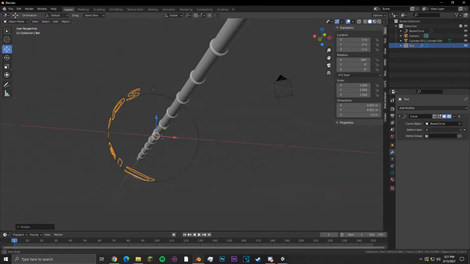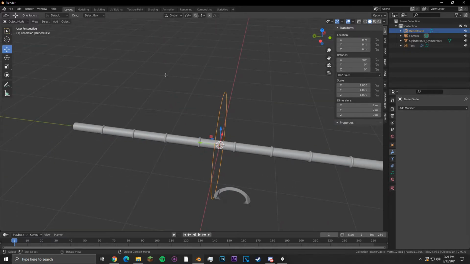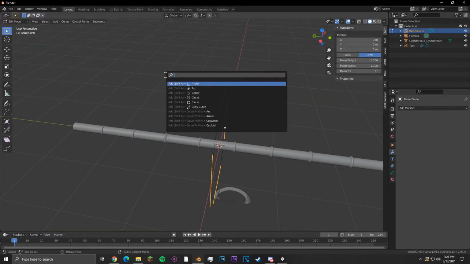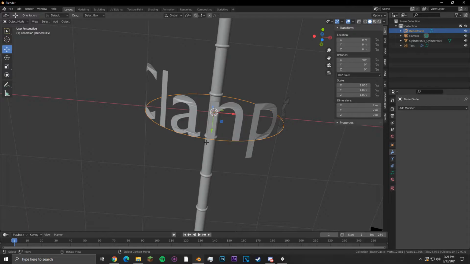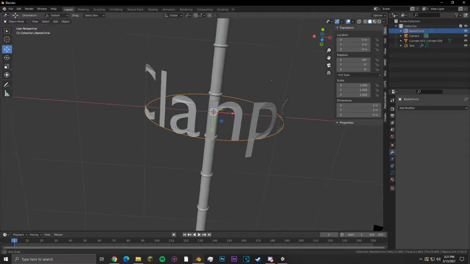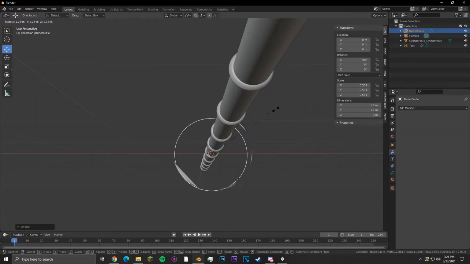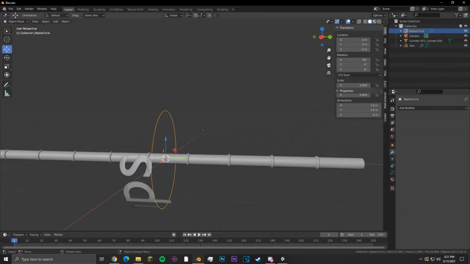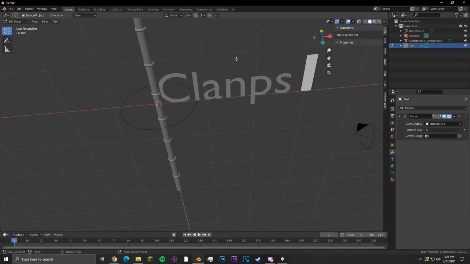So we can quickly rotate our name 90 degrees like this, so it's facing this way. It'll look strange because you have to go onto the circle, click tab, F3, and then you'll type in switch, and then that will fix the direction. So you can scale this circle down by clicking S, and you can shrink the name however small you want it to be. So I'm going to edit this, and I'm going to down here put clamps again,